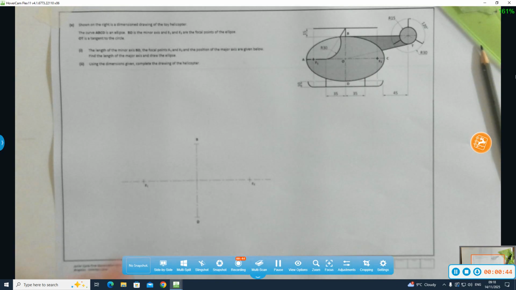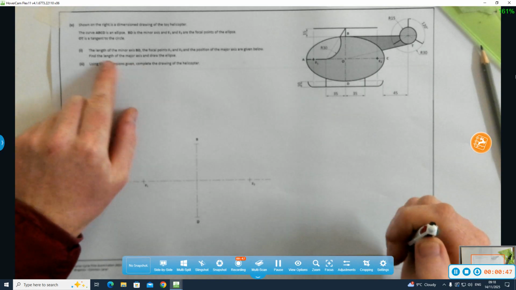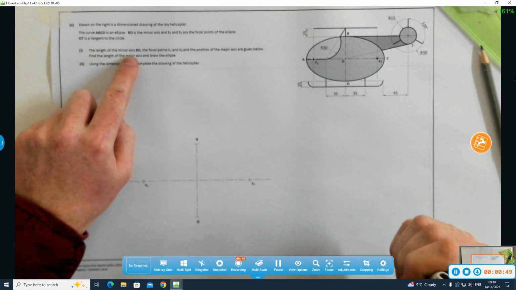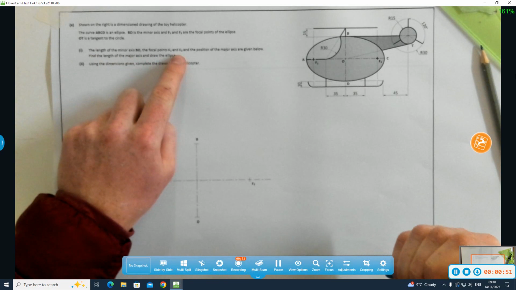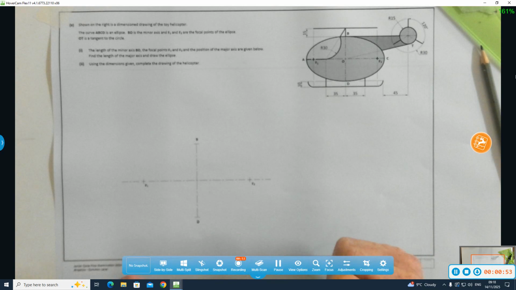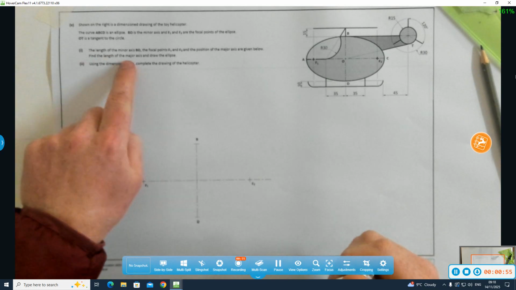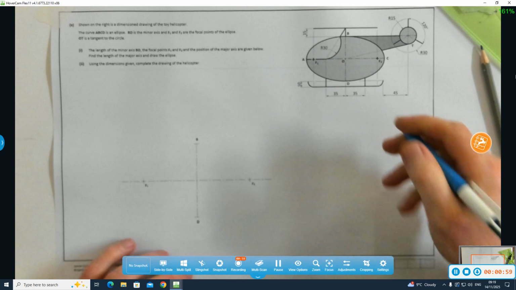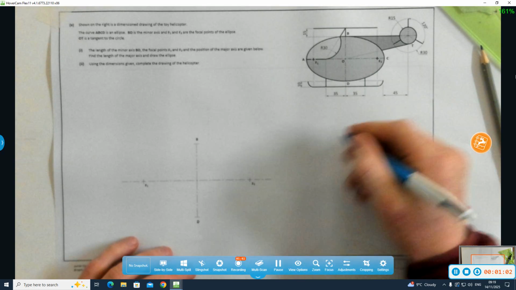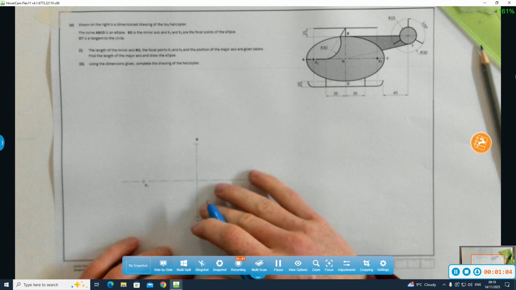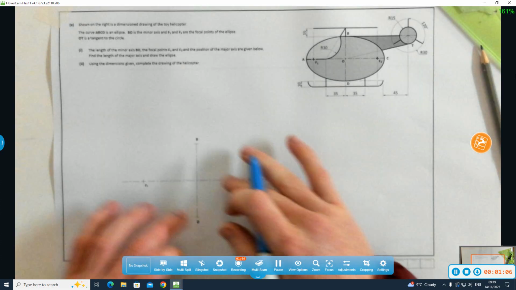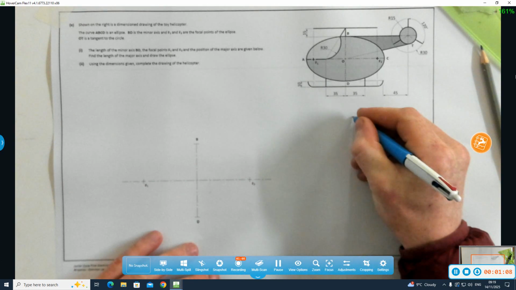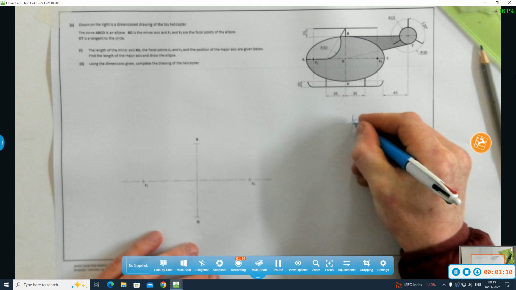Part 1: the length of the minor axis BD, the focal points F1 and F2, and the position of the major axis are given below. Find the length of the major axis and draw the ellipse. So what we know from ellipses: if we have the major axis and the minor axis, how do we get the focal points? You get half the distance of the major axis